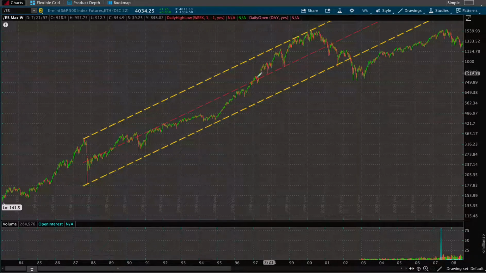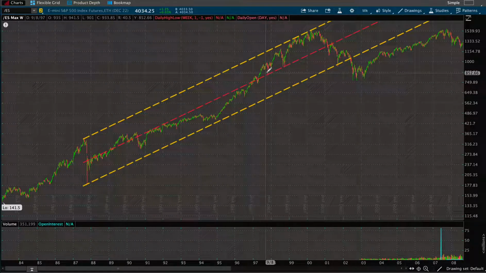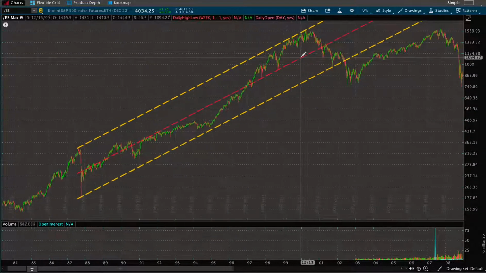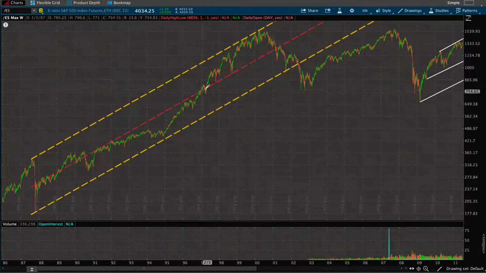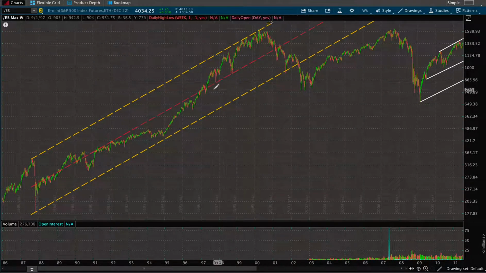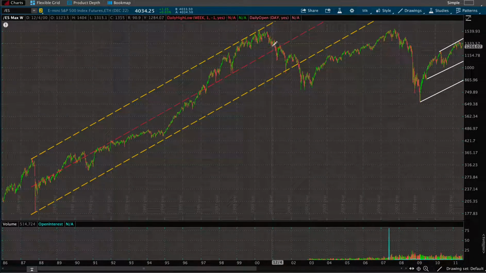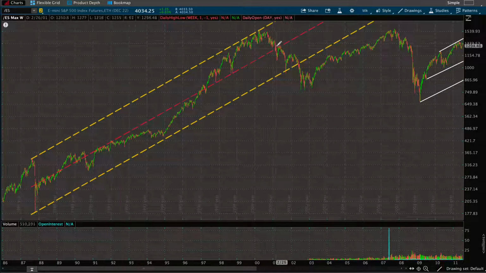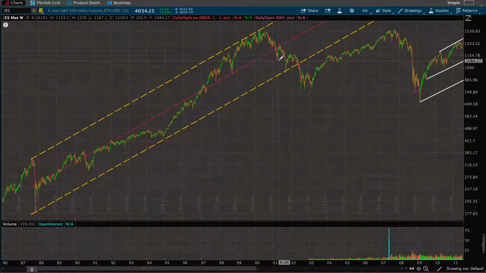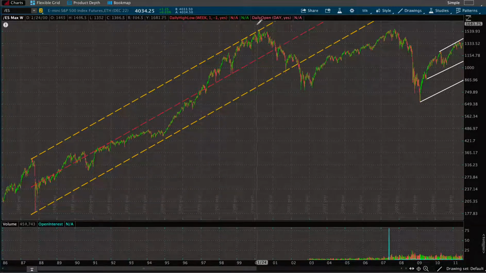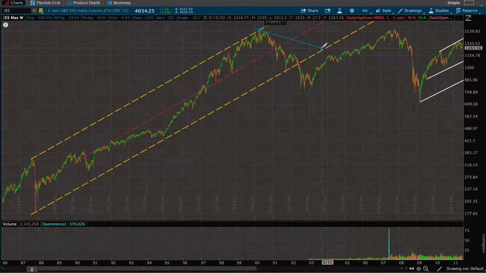We had a big bull run, so multiple touches there, breaks out, multiple touches, then a very steep climb here, and then sells off here, which is currently where we are, then goes back up, breaks that, goes down, tests that again. So if you draw a trend line like that,